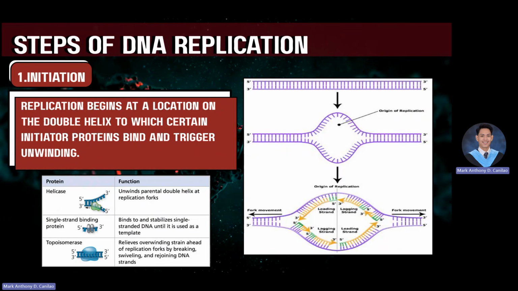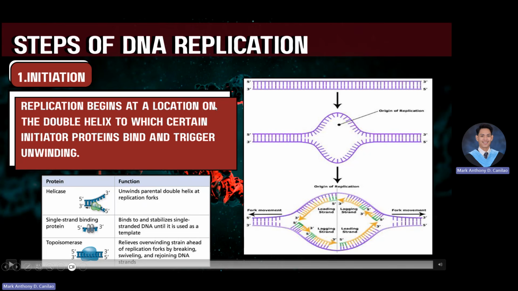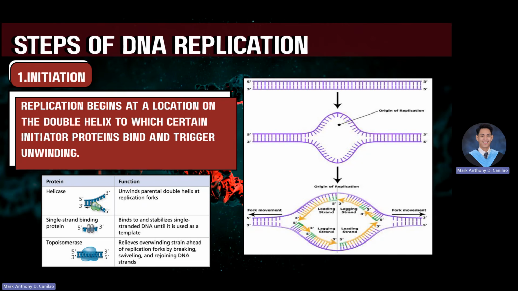and termination. For us to be able to understand the whole process, there are proteins and enzymes involved, and in each step that I have mentioned, the initiation, elongation, and termination, there will be different proteins. But for initiation, I want you to realize the prime movers, as we refer to them, because we have these proteins and their different functions flashing on our screen. Based on our observation, initiation is the first step in DNA replication.